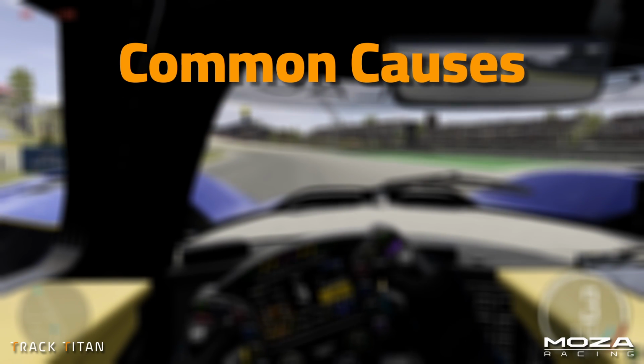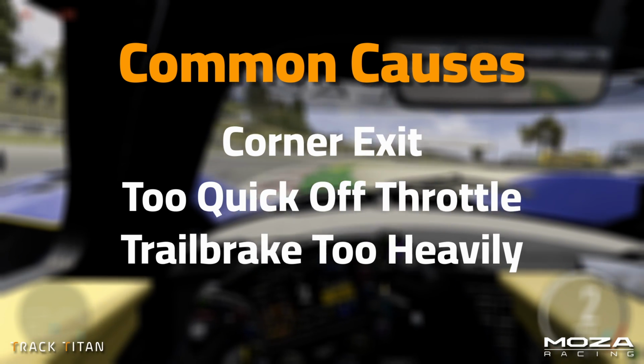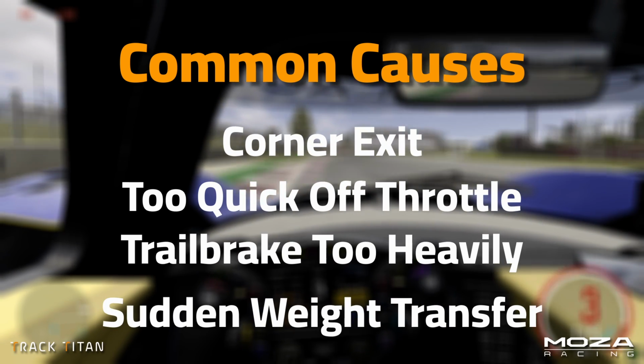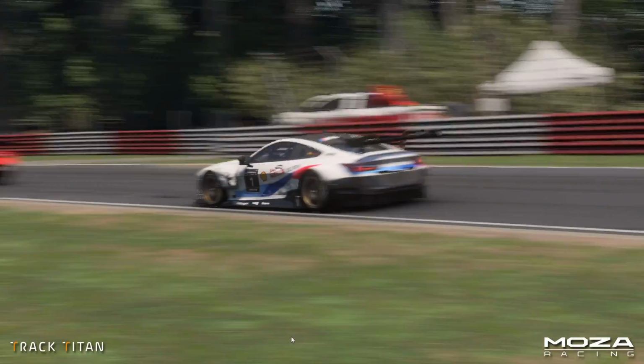This will normally occur on corner exit when you throttle too much and spin the wheels, you come off the throttle too quickly on corner entry, you trail brake too heavy into a corner, or you have a sudden weight transfer like through a chicane. Regardless if you slide and catch it or just spin completely, both will lose you time, so understanding the grip